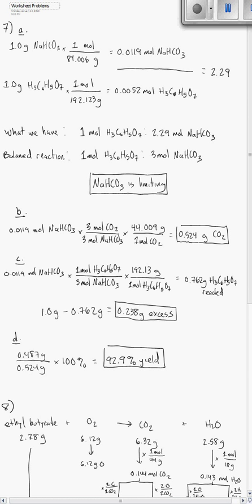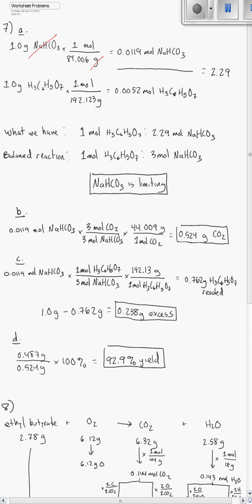We're not going to do this using masses, so we need to take the masses we're given. We're told that we have 1 gram of sodium bicarbonate and 1 gram of citric acid. We need to convert these masses to moles. You can do this using the molar mass for each one. We just need to make sure our units work out. In this case, we're dividing by the molar mass so that we cancel out our grams. Do that for each of them and you'll end up with 0.0119 moles of sodium bicarbonate and 0.0052